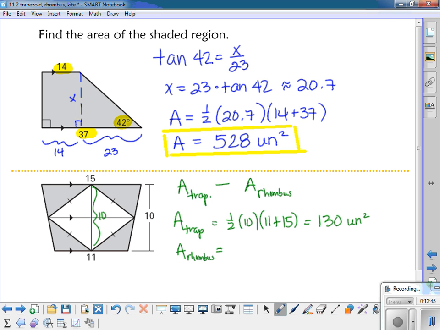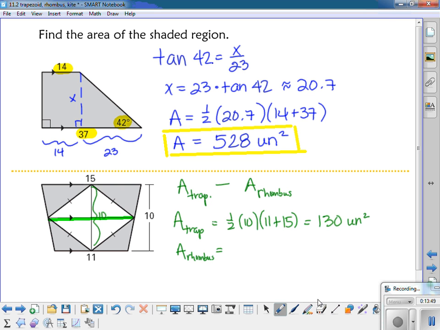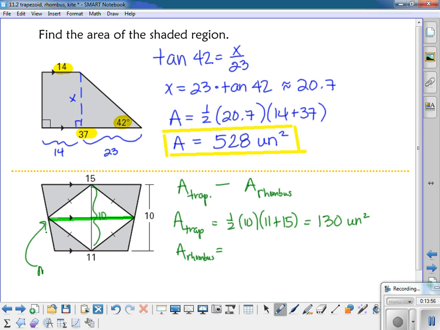Well, I know that this line right here is exactly halfway between my bases, so it is my midsegment. So that means it just equals half of 11 plus 15, or half of 26, so it comes out to